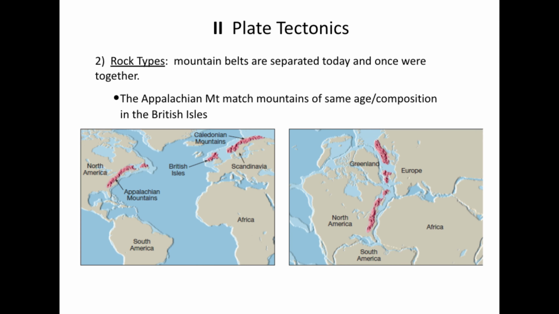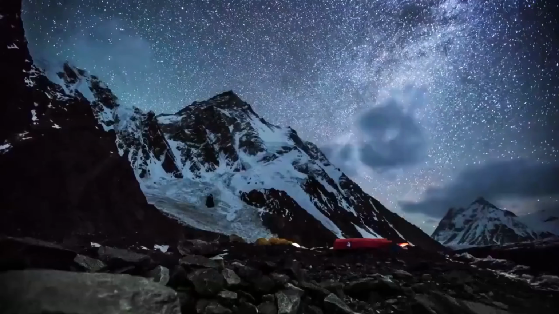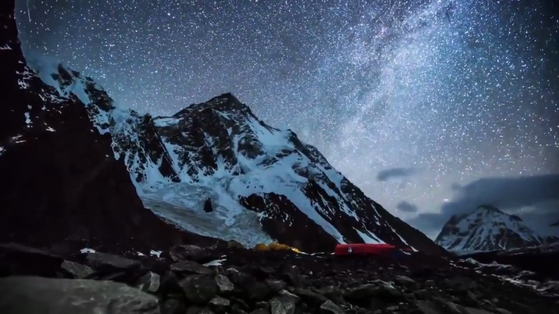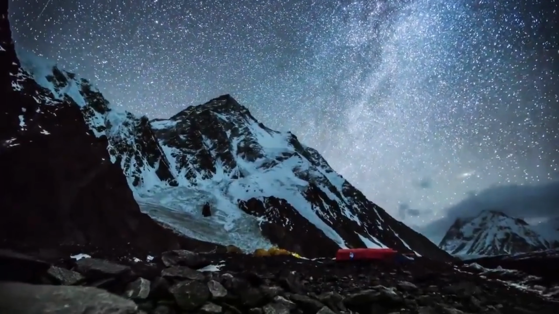The second piece of evidence is matching rock types. Yes, you can match up rock types from around the world. The ones we're talking about here occur in both North America and Europe. Pangea wasn't the first giant landmass, it's just the most recent. When Pangea formed, it formed because of a collision of all of our continents in one spot, and that collision produced really big mountains, very similar to the Himalayas or maybe the Alps of today.